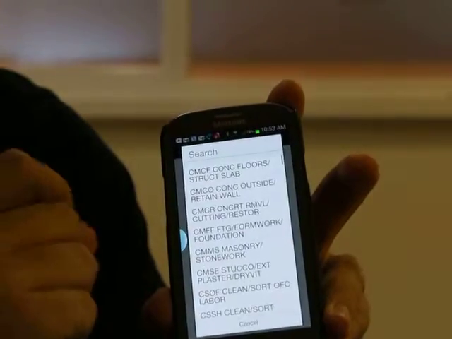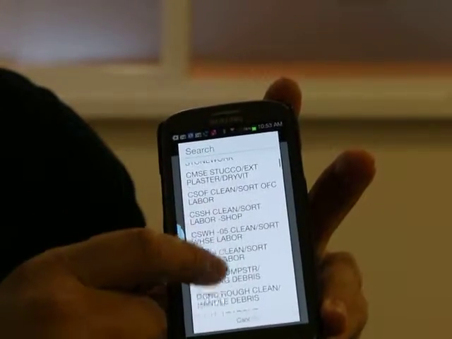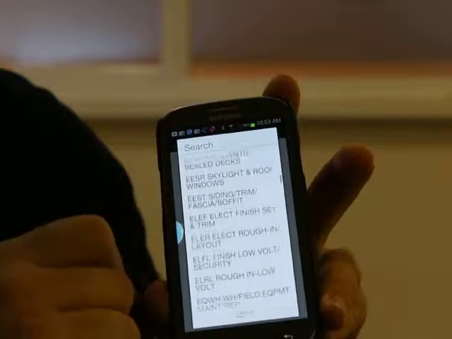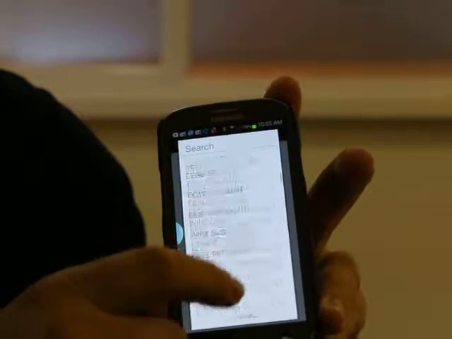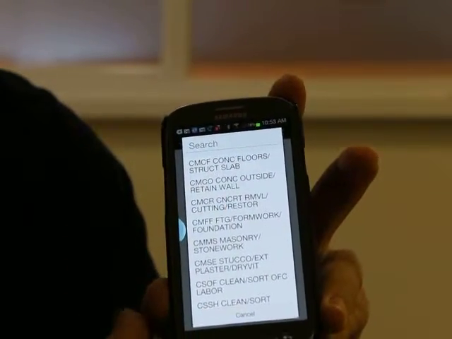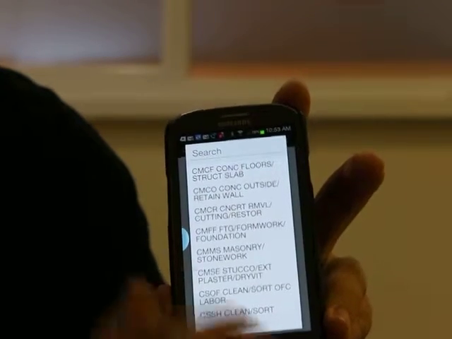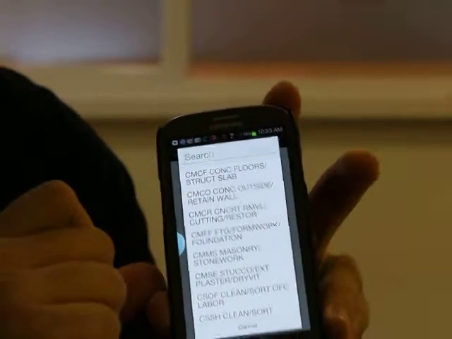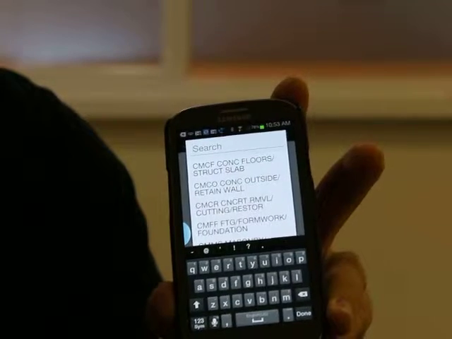You click on cost code, and you can scroll through all the alphabetically ordered cost codes that we have. In case you forget one, they're all listed here, which is kind of cool. Or if you don't have the patience like I do, you can type it in and get there quicker. So you touch where it says search, and it'll pull up your little keypad,